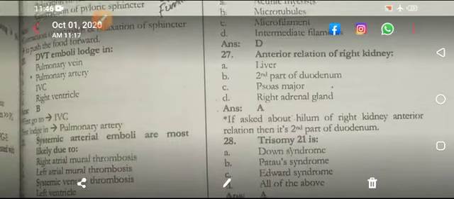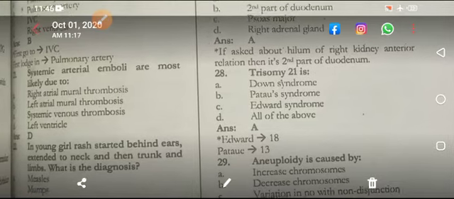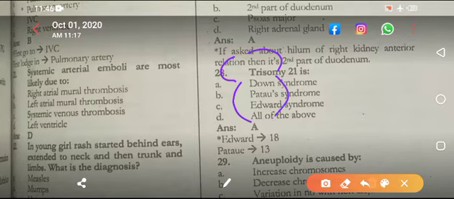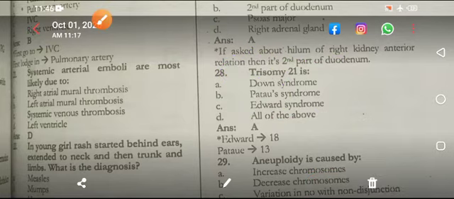पल्मोनरी आर्टरी में ये अटकेगी। Systemic artery emboli are most likely due to left ventricle, ये usually कहाँ से निकलती है? लेफ्ट वेंट्रिकल। लेकिन systemic arterial emboli due to mitral stenosis arise from, the answer is left atrium। इस पे बस फोकस करना है। ये आपका लेफ्ट एट्रियम हो गया, लेफ्ट वेंट्रिकल हो गया, usually लेफ्ट वेंट्रिकल से निकलती है। लेकिन अगर यहाँ पे आपका स्टेनोसिस हो गया, यहाँ पे स्टेसिस होगी, तो क्लॉट यहाँ से एट्रियम से निकलेगी।